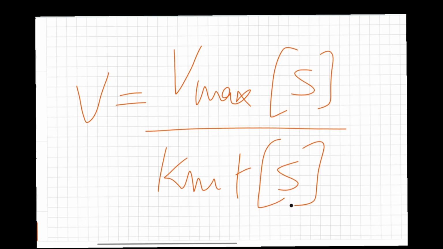So what does this tell us? When S is very low, that is, substrate is very low, V will be directly proportional to the substrate. Whereas if S is equal to Km, then V is equal to Vmax upon 2. And when S is very high, V will be approximately Vmax. So this was all about the